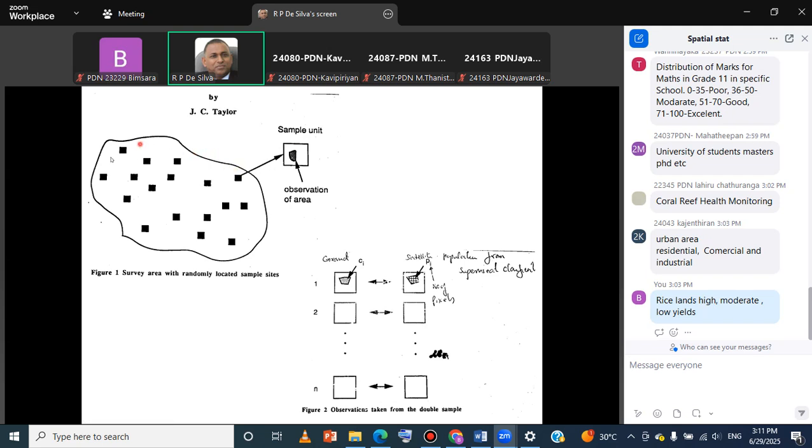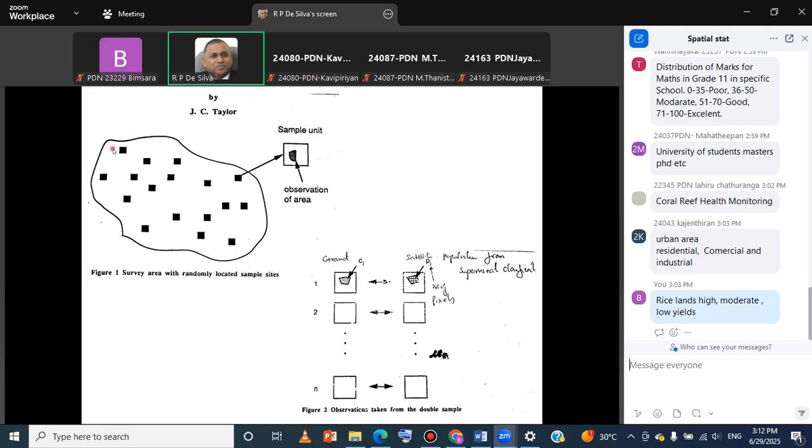So you have the boundary of the geographical area, and then we want to look at, for example, what is the land use of this entire area. I told you earlier also, if you want to have land use mapped, that's a different story, right? But if you want to have land use as a value,